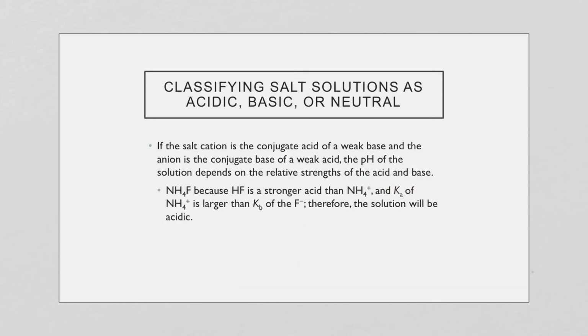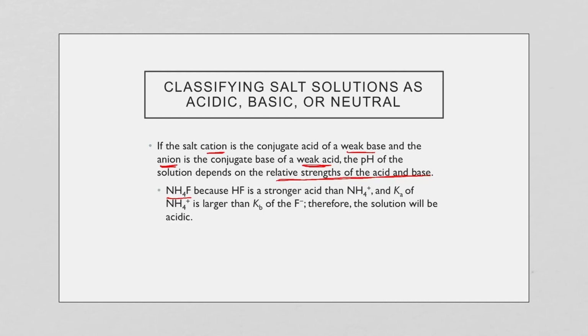Now, the one that requires a little bit more thought is, what if they both affect the pH? What if the cation is the conjugate acid of a weak base, which would make an acidic solution, but also the negative ion is the conjugate base of a weak acid, which would make a basic solution? So is it going to be acidic or basic? Well, the pH depends on the relative strengths of these. So we have to compare the K values, right? So if I have ammonium fluoride,